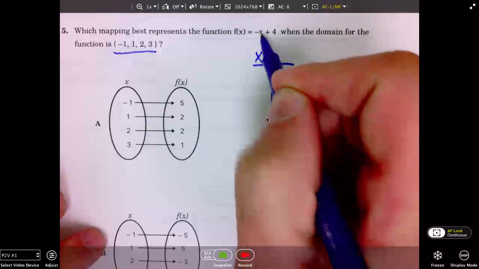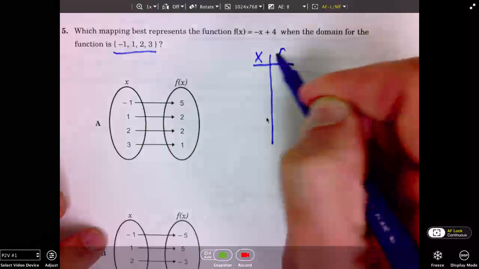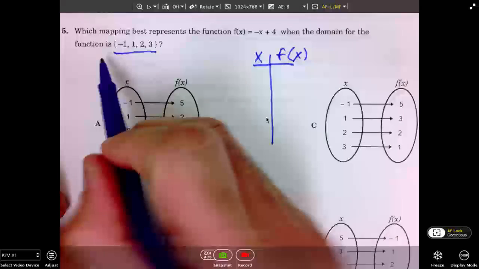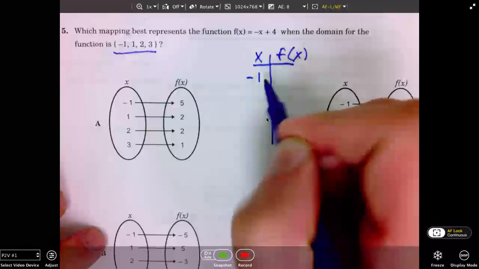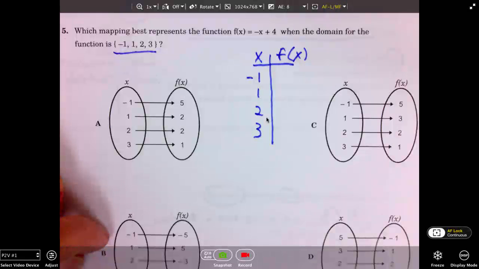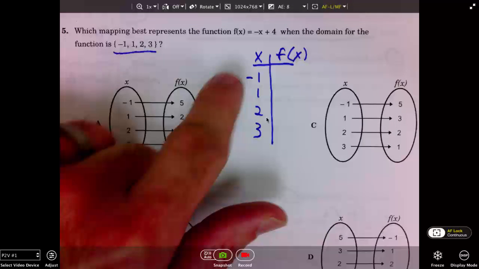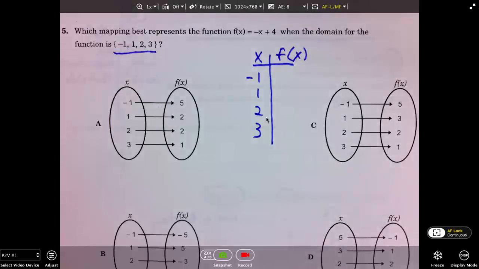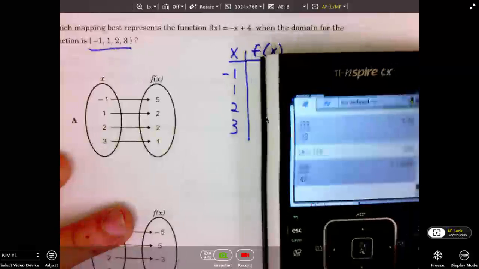X, the input, f of x, the output. They're giving us these x's, -1, 1, 2, and 3. Well, this will be a nice one to employ our calculator. I'm going to go to the scratch pad and